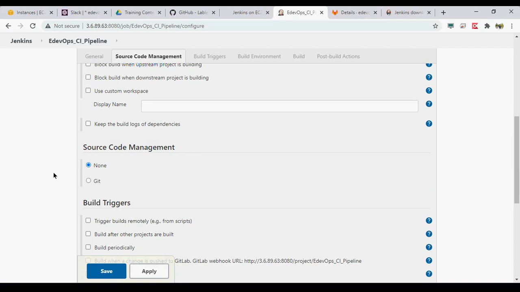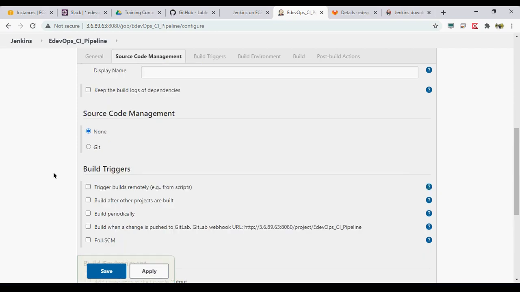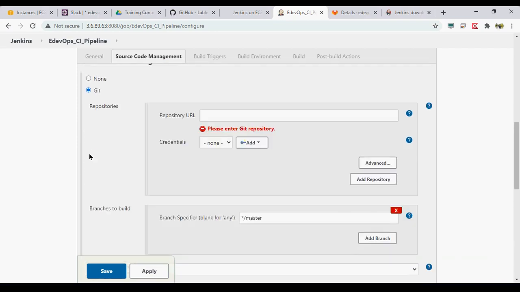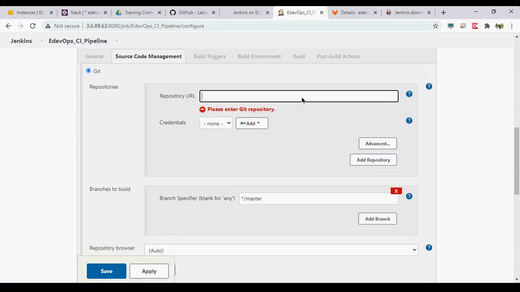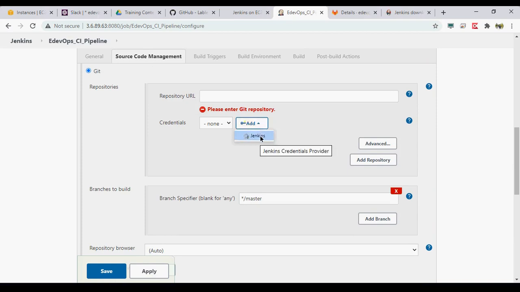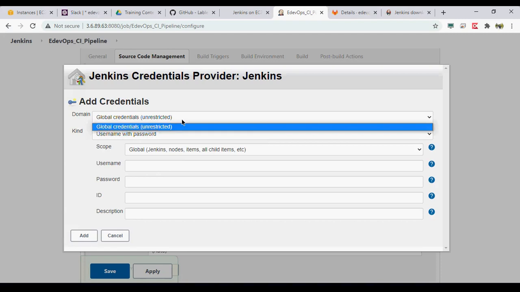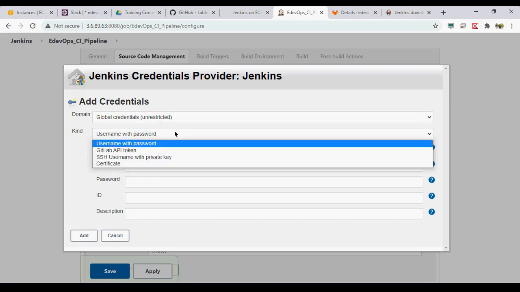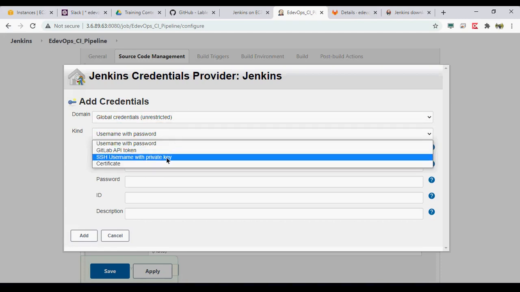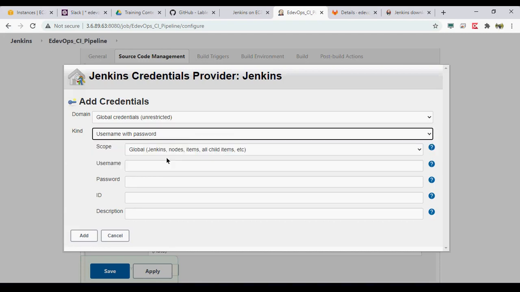Integration with your GitLab. Since all these are Git-based SCM tools, we just need to provide the URL, and if you have any credentials, you can also provide credentials. Credentials can be in different formats. As we discussed earlier, these can be username and password, or tokens, or your SSH keys, or certificates.